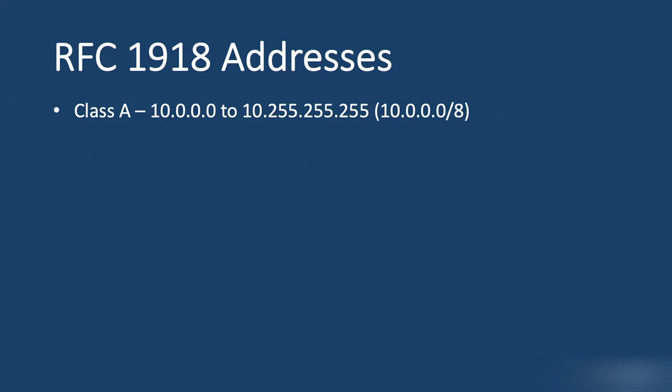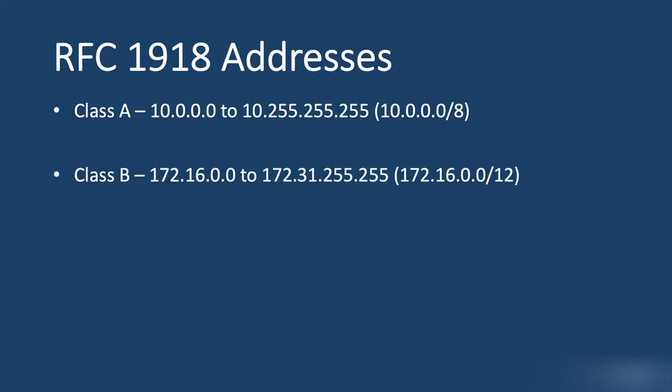Within Class A, the range 10.0.0.0 to 10.255.255.255 is reserved as a private IP address range. This can also be denoted as 10.0.0.0/8. In the upcoming lecture, we'll talk about what a subnet mask is, and then you should be able to understand what the notation means. 10.0.0.0/8. In Class B, the reserved range is